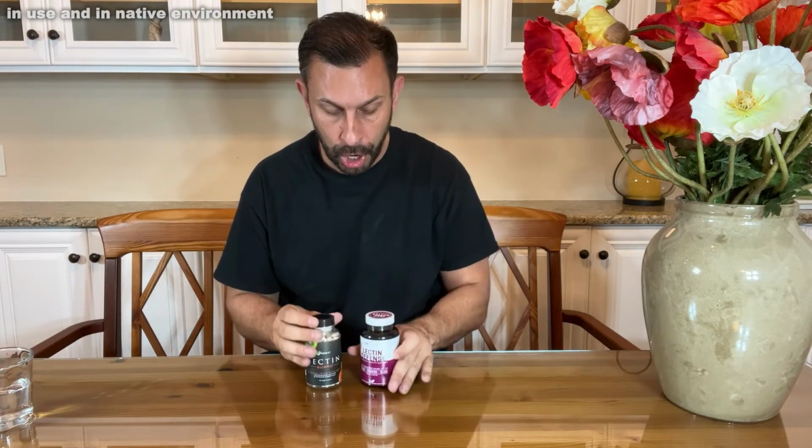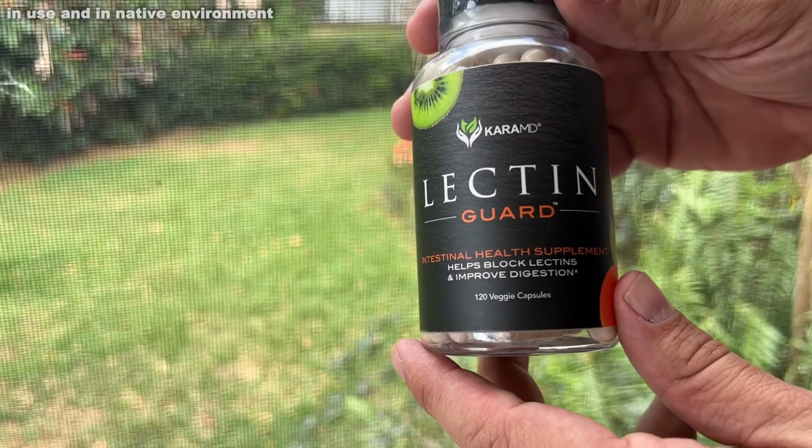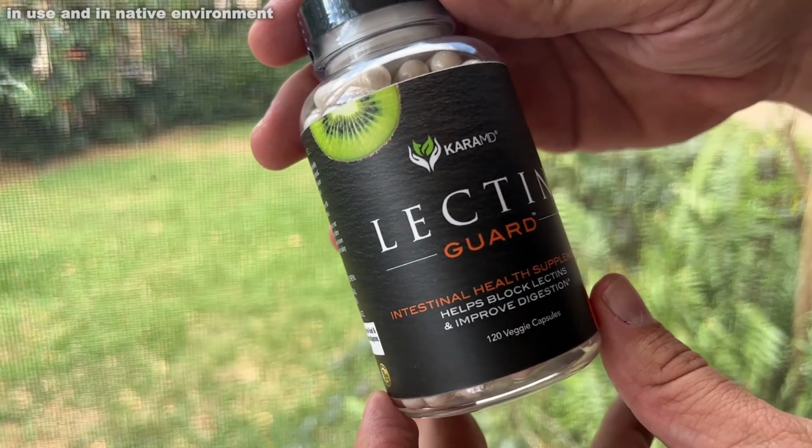That's interesting. All right, folks, both are fantastic. Because it's doctor formulated in the USA, non-GMO, and actually has more slippery elm. They both have bladderwrack, and they have a lot of the same ingredients, but you're getting a lot more per serving. I'm going to lead with Dr. Cara's